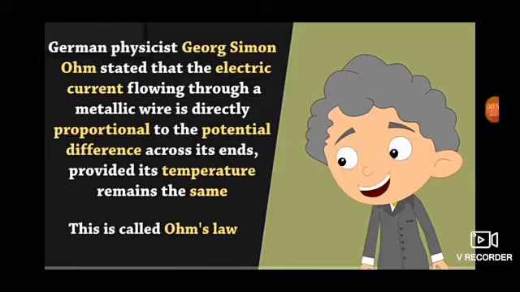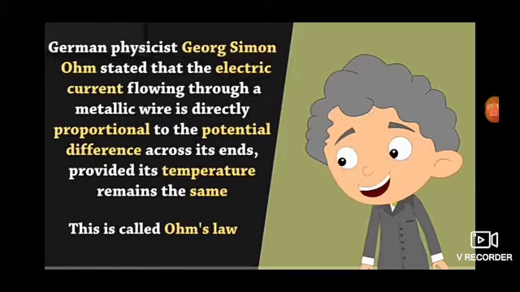Do you know how many types of cells? What are the values of a pencil cell? Then one battery is coming. The pencil cell which you are using in your clock is of 1.5 volt. If you join more, it will be 3. If you join more, it will be 4.5. And one big cell is also coming, 9 volt, 6 volt.